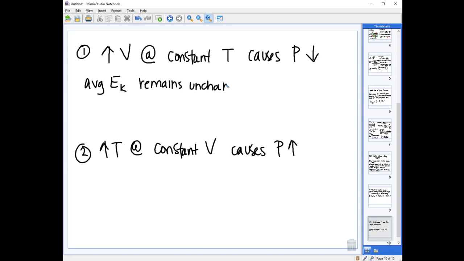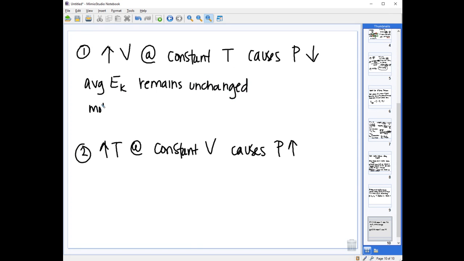Because that's what pumps kinetic energy into the system, if we change the temperature. But if we keep the temperature constant, then the average kinetic energy of our gas molecules also remains unchanged. And so when we increase volume,